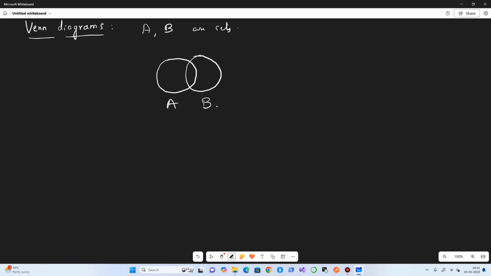And then we use a rectangle to represent a bigger set under consideration.